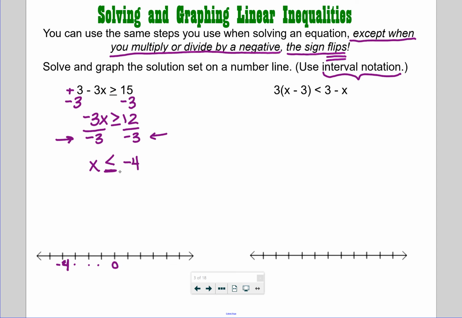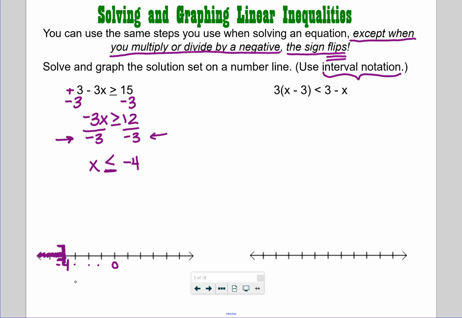And remember I told you that alligator mouth would help you a little bit. Because the alligator mouth is facing -4, it tells us -4 is greater than all of our solutions that are x. So we want to shade here everything less than -4. So that means if I made a point at -4, everything below that on the number line would be shaded. Where that point is located, because we decided we were going to use a bracket, we're going to put a bracket facing all the smaller numbers, saying that that's where that stops,